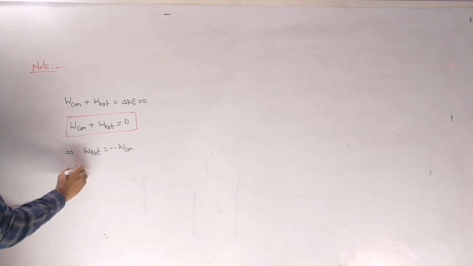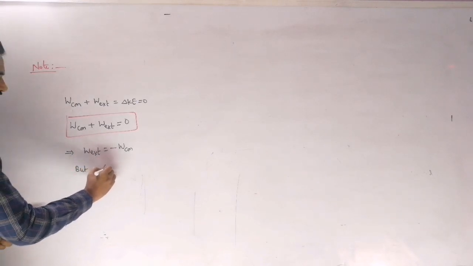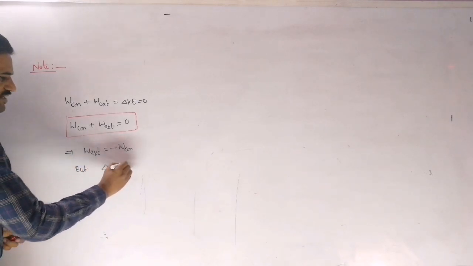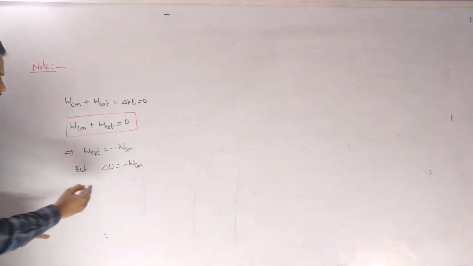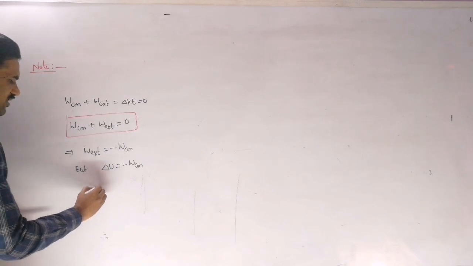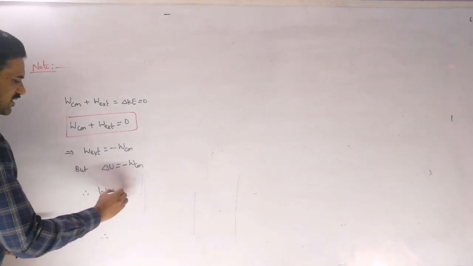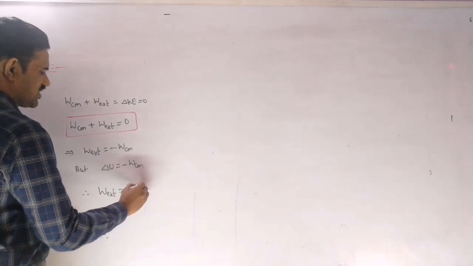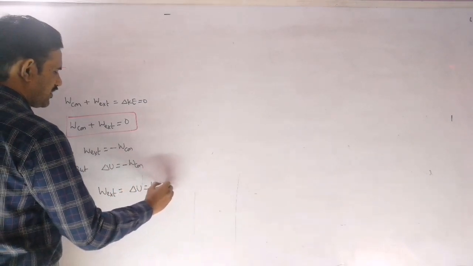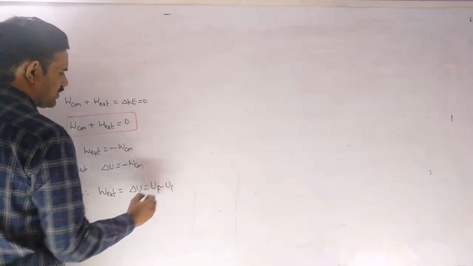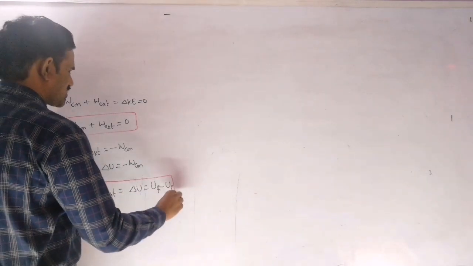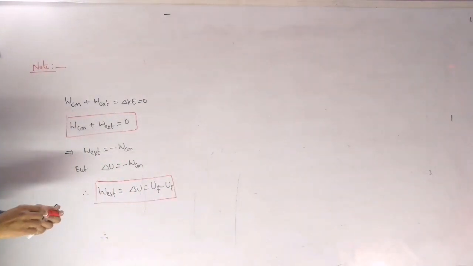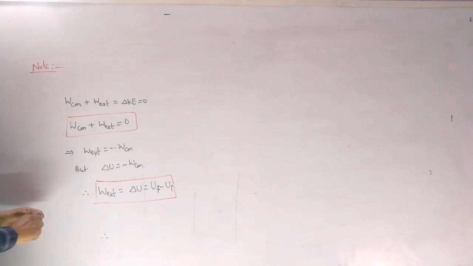But what we know is that change in potential energy is equal to negative of work done by the conservative force. This we mentioned already. So if you equate, therefore we can write that work done by the external agent is equal to change in potential energy, U final minus U initial. So this is the case when the body is displaced very slowly, when there is no gain in kinetic energy. Work done by the external agent, then, you simply need to calculate as the change in potential energy of the system.